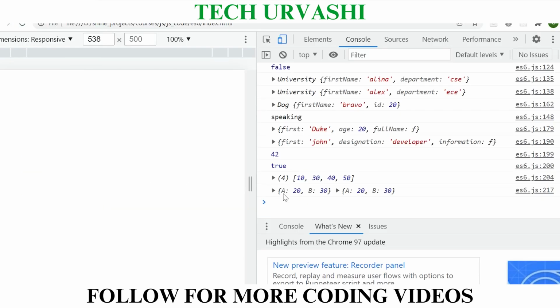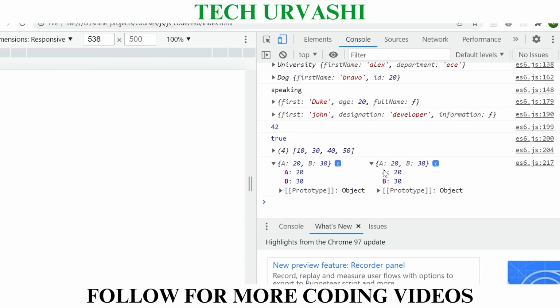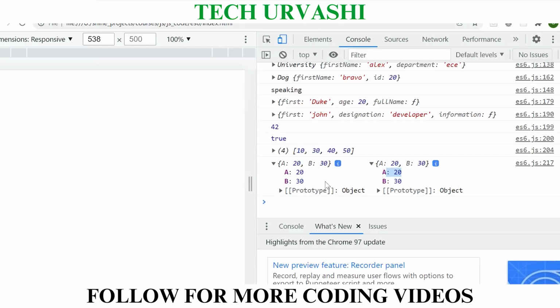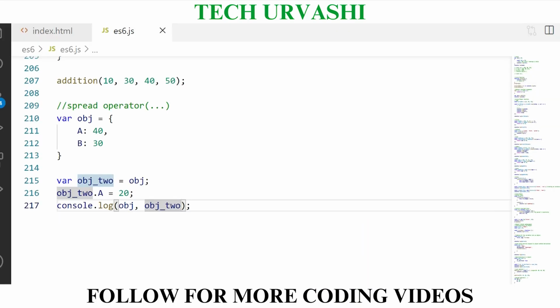So here if I refresh, you will see in both the cases my object has changed, in object 1 and object 2 both, because irrespective of the fact that I have changed values in just object 2, since I created this copy, that means in this line with this assignment operator, I'm actually giving not just the values but the reference as well. That means both the variables are calling out the same memory block. That is the reason if I'm changing the value of object 2.a, it is also making the changes in the original object.